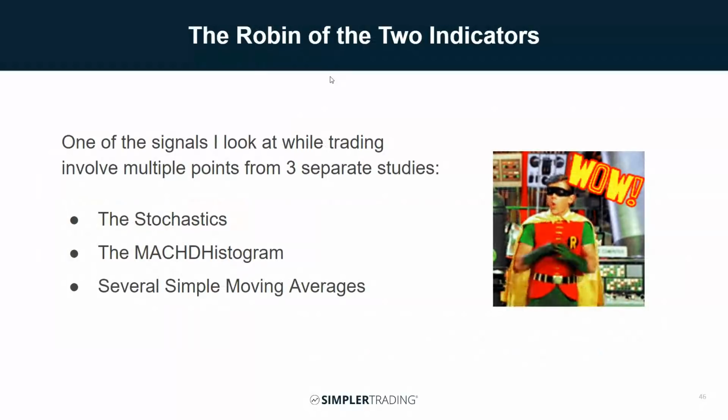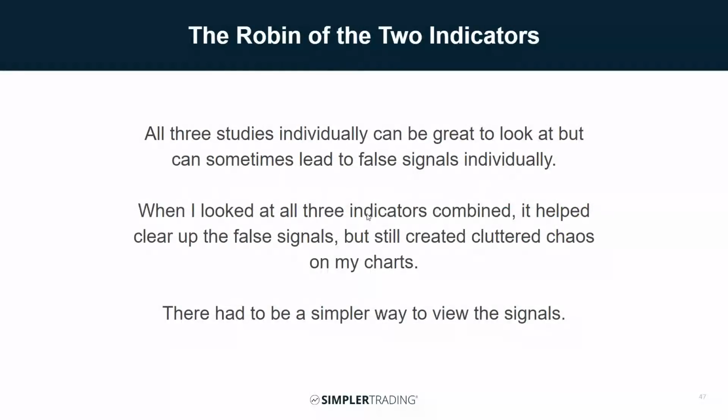And then the other indicator was the Robin, right, of the two indicators, which is my compound breakout tool. This one is actually a combination of multiple signals that I look at on three separate studies. It's the stochastic spool, the MACD histogram, and several different simple moving averages I like to use on my charts. All three of these studies individually can be great to look at, but can sometimes lead to false